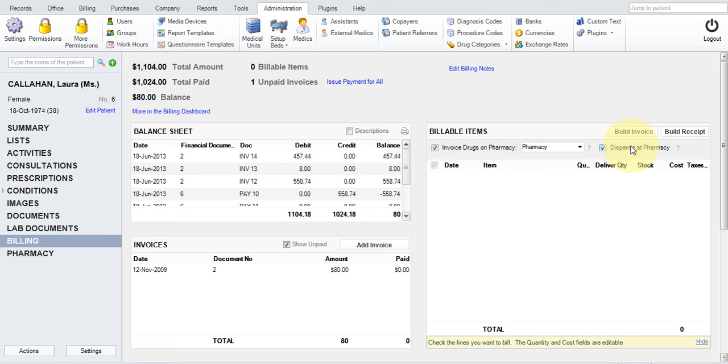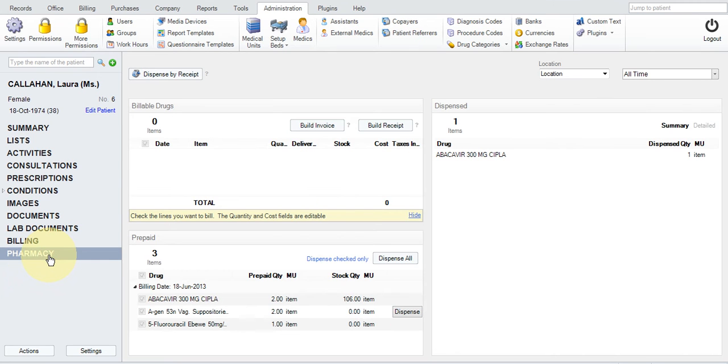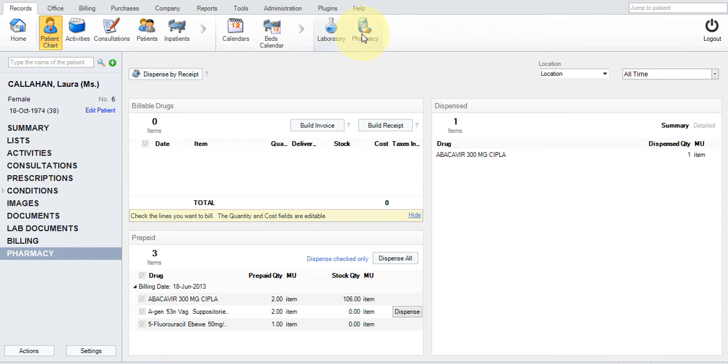The next stage is the pharmacy, so the third stage, in which the drugs should be dispensed. So the pharmacist will open the patient chart and move to the pharmacy section, or the pharmacist can also use the pharmacy section. It will display the same information, so this is optional. So under the pharmacy section, we can see